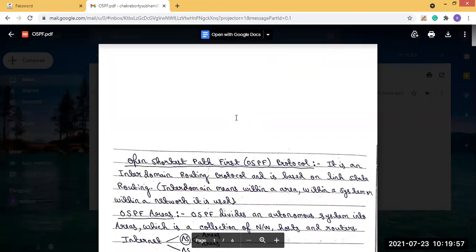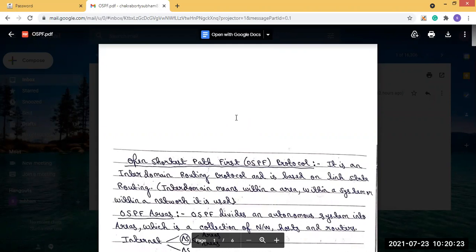So OSPF is basically an intra-domain routing protocol based on link state routing.